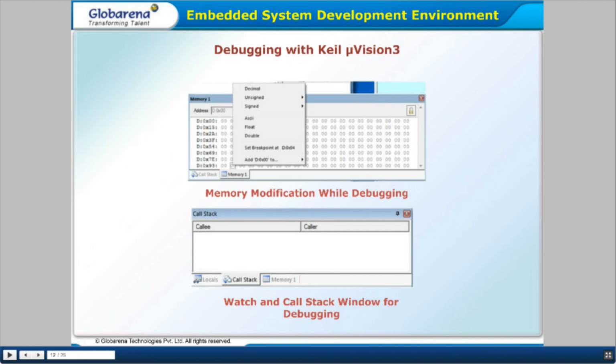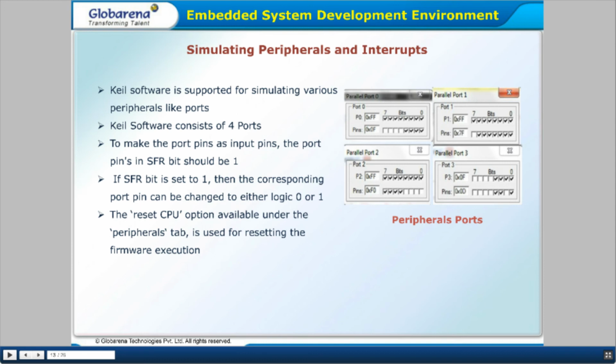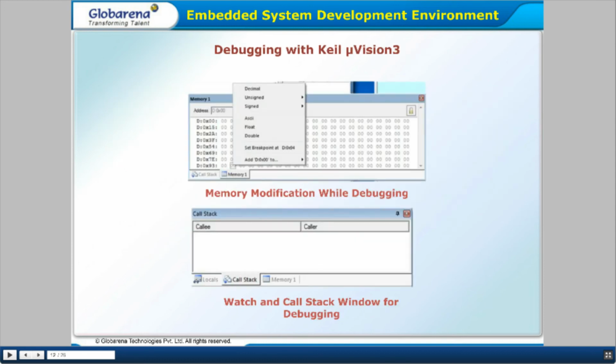So we are selecting the different types of memories, and these memories can be watched in the watch and call stack window for debugging.